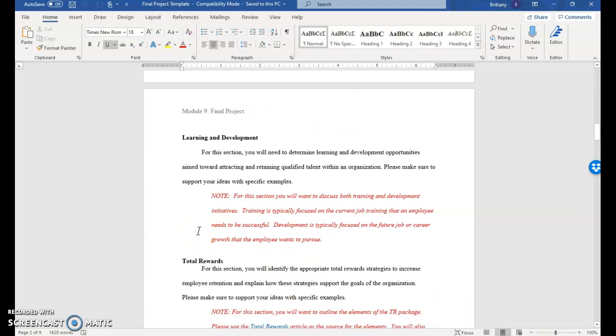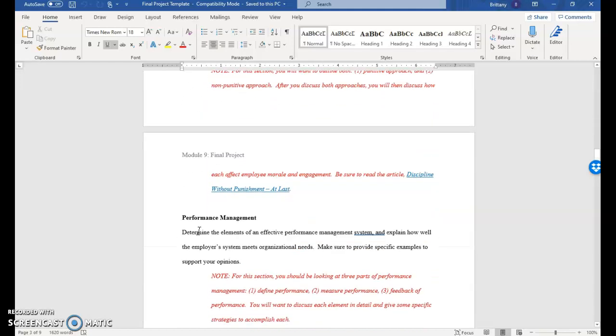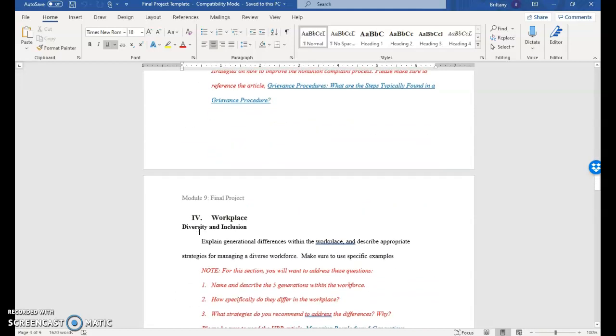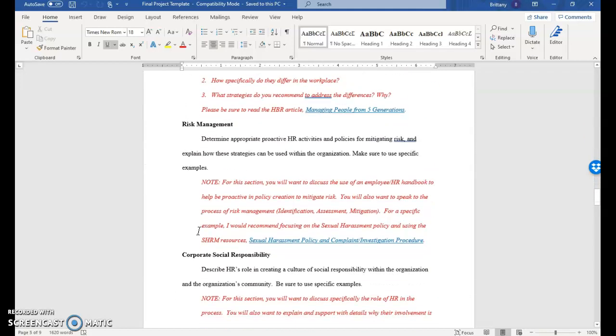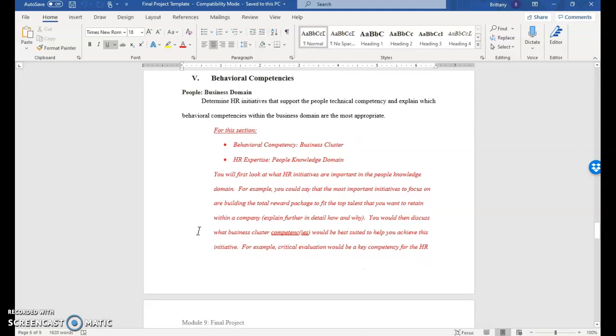I am not going to go over each of the areas as we've already gone over those throughout the term in each of the milestone assignments. But one thing that I would like to point out is that you should also be going back to the rubrics that I have graded and making sure that you're incorporating the feedback that I have given there into each of the subsections. The next area I do want to make sure we discuss is the new section, which is